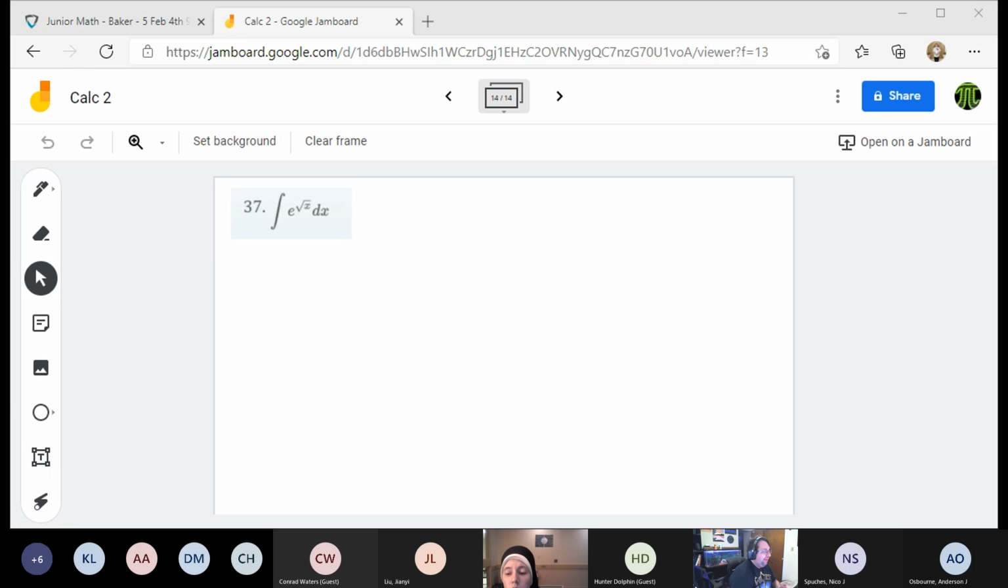If it was e to the 5x, I would just do a u substitution with the 5x. That's what we have to do with this one. So we're going to do a simple u substitution on this one first. So I'm going to actually use m. I'm going to say m is the square root of x. So that means a dm. So the derivative of the square root of x, so remember that's x to the 1/2,